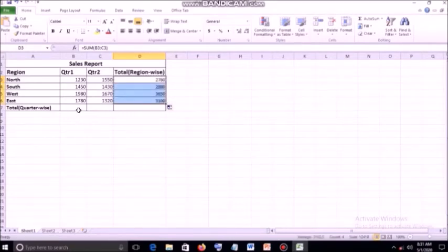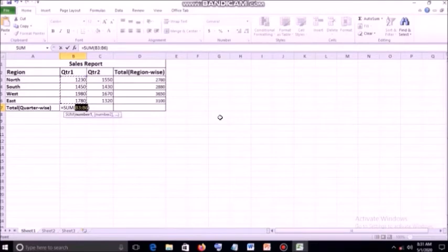In the same way, quarter wise also, you put the cursor in cell B7 for the total of the first quarter. Click on the auto sum again. See, the function is written automatically, B3 to B6. You have to just press enter to accept it, and after that copy the formula to the next cell, and automatically the cell addresses change. We don't have to bother about it. So it is default in Excel that when we copy a formula, cell addresses or cell references automatically change.